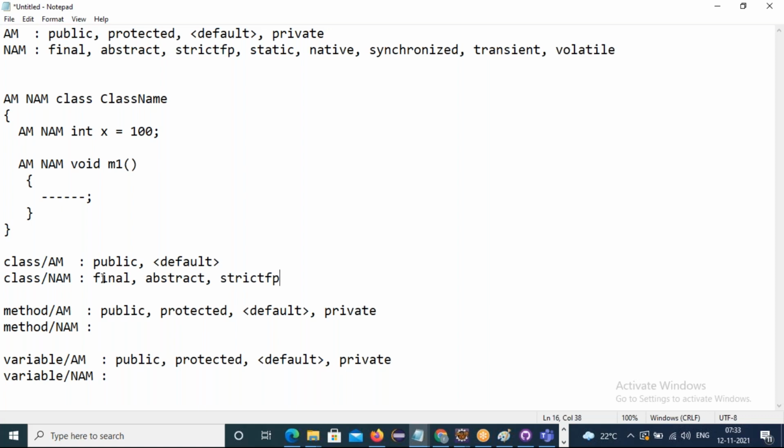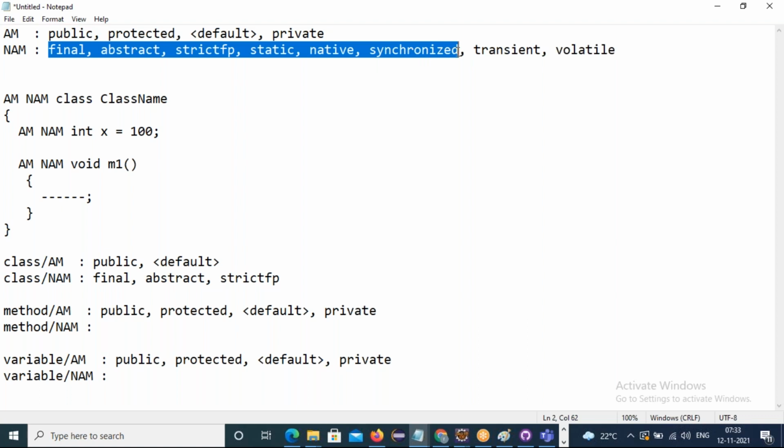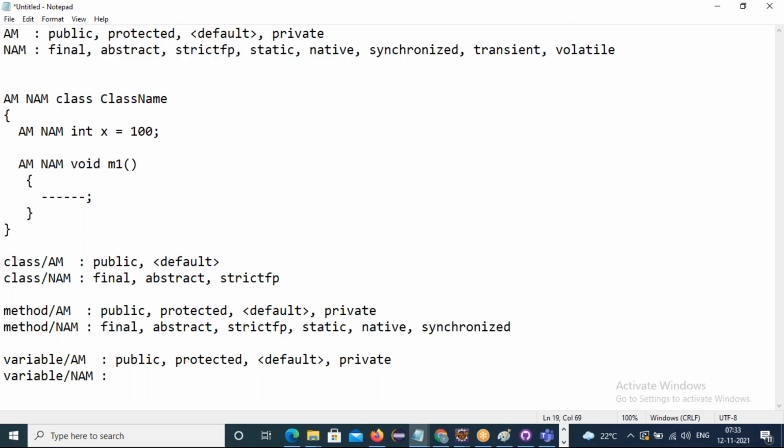And coming to the method level supported non-access modifiers, out of 8, except transient and volatile, the remaining 6 non-access modifiers are supported for methods.